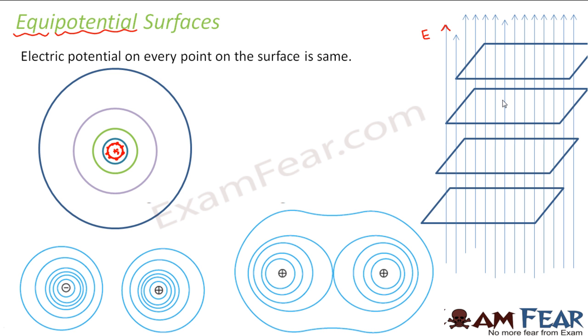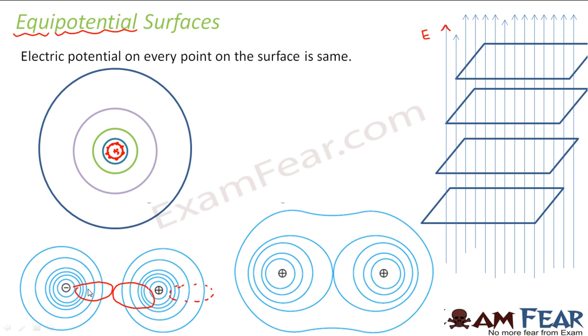Now when we place a positive charge and a negative charge near each other, how do their equipotential surfaces get affected? This is what you can see in this diagram. When a positive and negative charge are brought closer, they tend to attract each other. That is why the surfaces towards this end are closer to each other than at this end. At the farther end, they are far away from each other, whereas at this end, they are very close to each other. Similarly for this negative charge also, because both of them want to come near each other, the surfaces become congested.